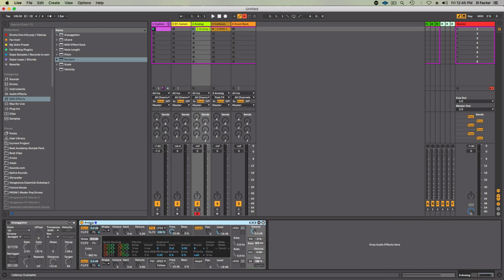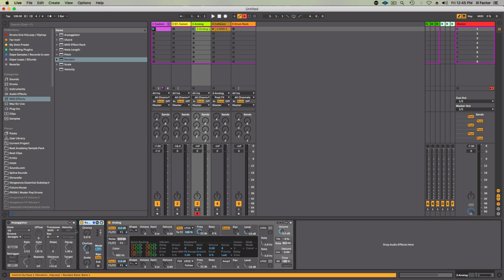Now, leaving the arpeggiator, let's focus our attention on the random MIDI effect. And it's pretty self-explanatory. It does exactly what it says on the tin. It's going to output a random MIDI note. So if you're just triggering this device with one note, there hasn't been any changes. But the moment we increase the chance, and all I'm doing is pressing that one note, and it's randomly choosing different notes. And if we put the chance at 100%,